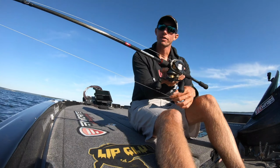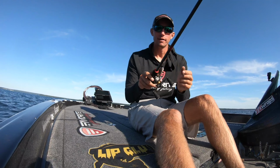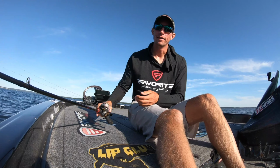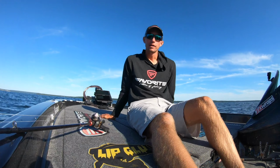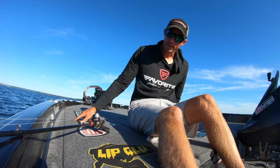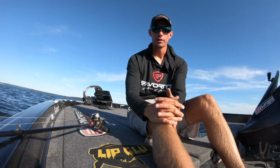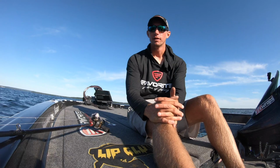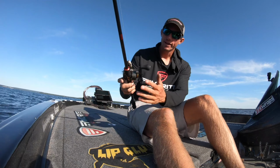It's got a soft tip, so it allows you to work the bait well, and when one eats it, you can just jack them, and that rod loads up, and it's not gonna pull the bait away from the fish like you would with a very fast action rod. So it's more of a moderate fast, I guess you would say. But that rod right there was key to hooking up with those fish and landing them, getting them out of the slop. You know, it's got a lot of backbone. It can handle a big fish way back in the slop, so I was able to muscle them out of there. Soleus XCS